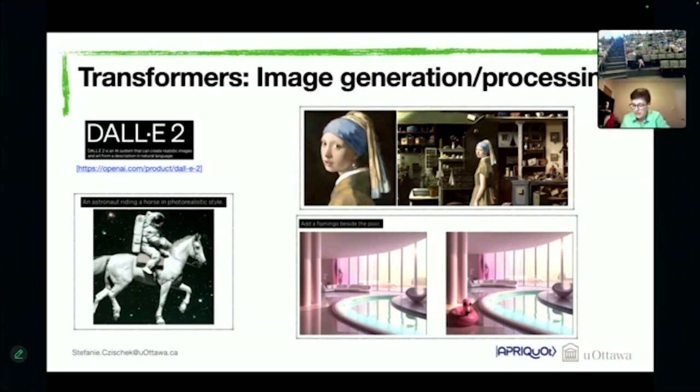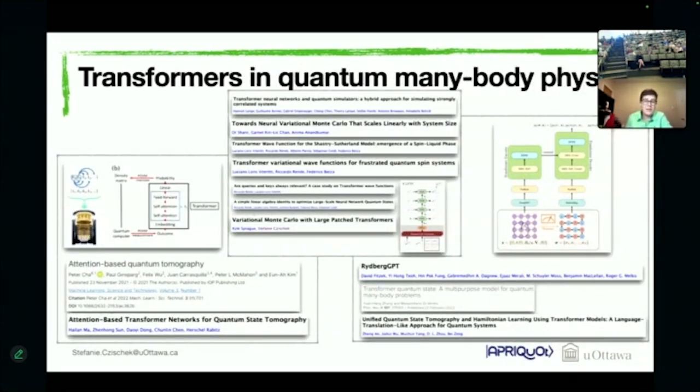And so based on all these experiences, quantum physicists are wondering, well, can we also make use of these impressive powers of transformers in quantum many-body physics? And during the last couple of years, several groups looked into how transformers can be applied in quantum many-body physics. So for example, for quantum state tomography, where people reconstruct quantum states from a finite amount of experimental measurements. Or here in these examples, people use transformers for Hamiltonian learning, or also generalizing to different Hamiltonian parameters to describe a system. And another example of applications that I will focus on today is to do variational Monte Carlo.